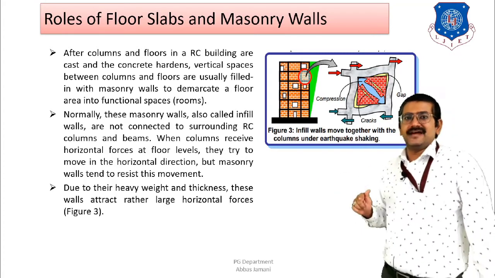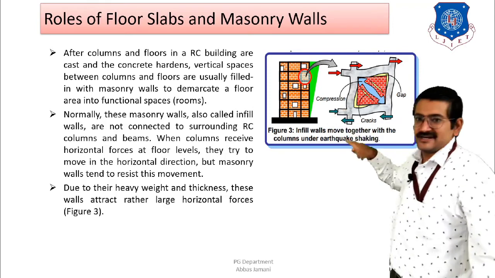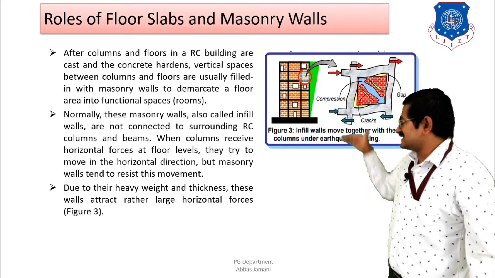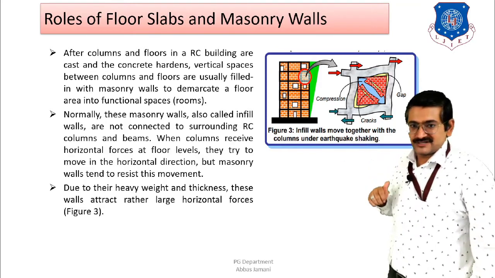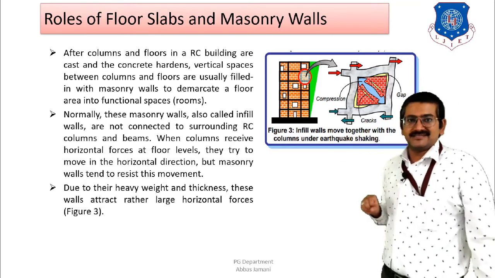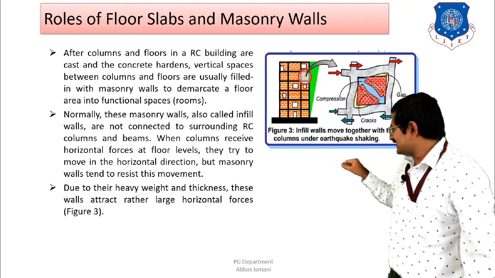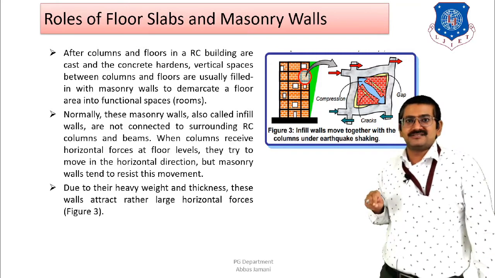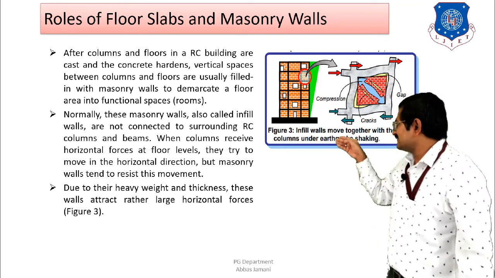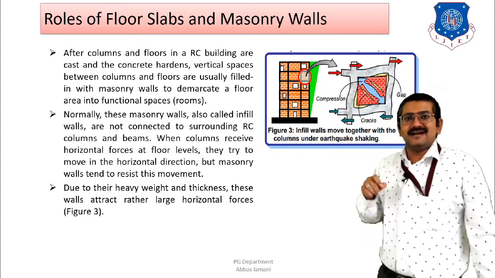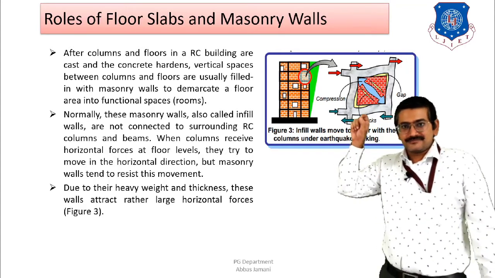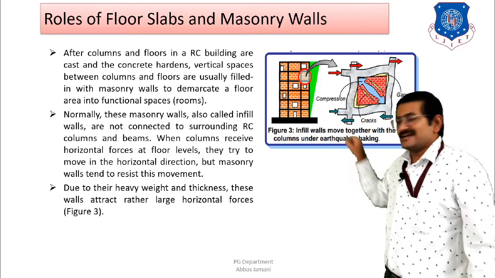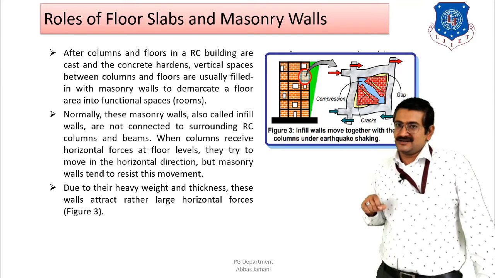As a result, an entire couple is generated, and due to this couple there will be a tension force in the top components and a compression force in the bottom components. When this behavior takes place, cracks or voids will be seen at the junctions between the beam column junction and the masonry. The walls may fracture from the corners of the beam column junction, or diagonal cracks may also be observed in the walls. Why?